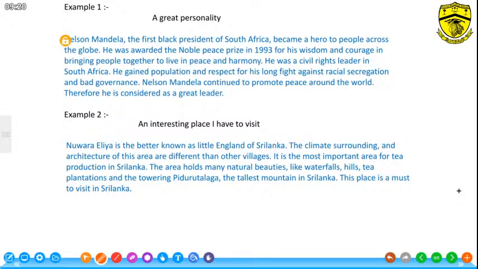He was a civil rights leader in South Africa. He gained popularity and respect for his long fight against racial segregation and bad governance. Nelson Mandela continued to promote peace around the world. Therefore, he is considered a great leader. So here,